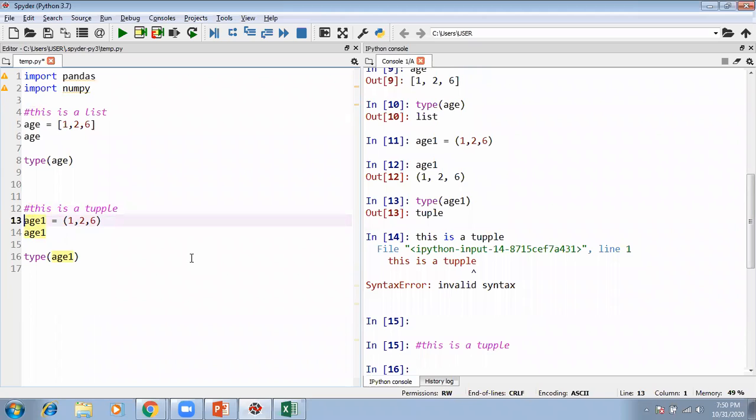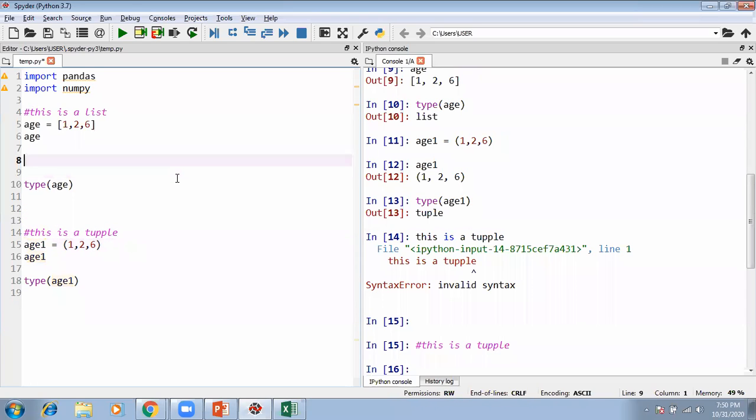Now the difference between list and tuple is, in a list if I want, I can change any value. In a tuple I cannot change any value. For example, age has 3 numbers, but over here with 3 numbers, it's easy for me to check them. What if there were more numbers, maybe 30 or 300 numbers? Just imagine.